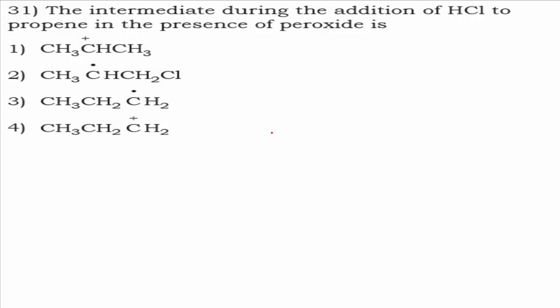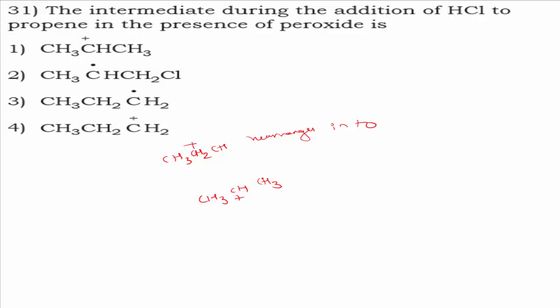The initial carbonium ion, CH3CH2CH2 containing positive charge, rearranges into the more stable CH3 CH plus CH3